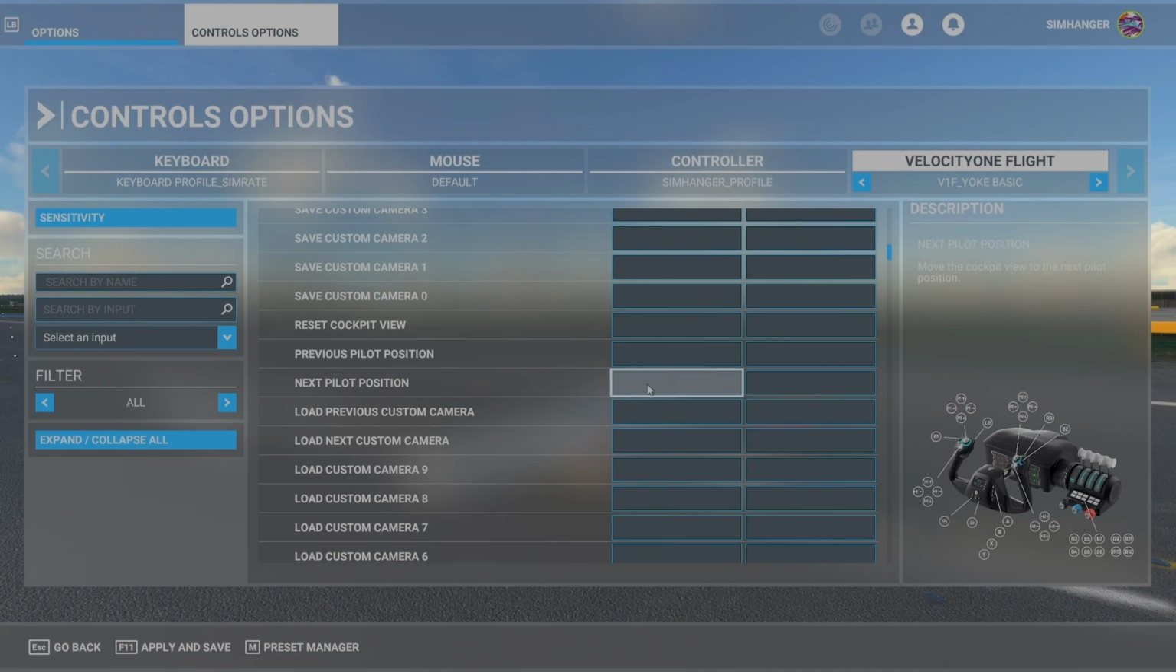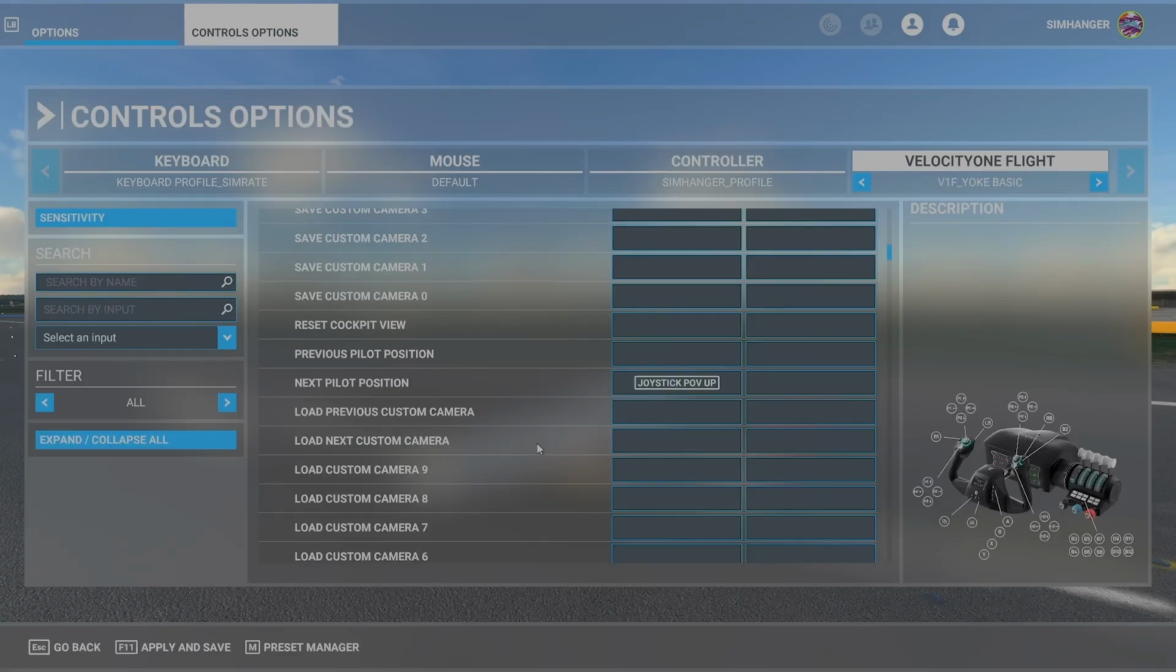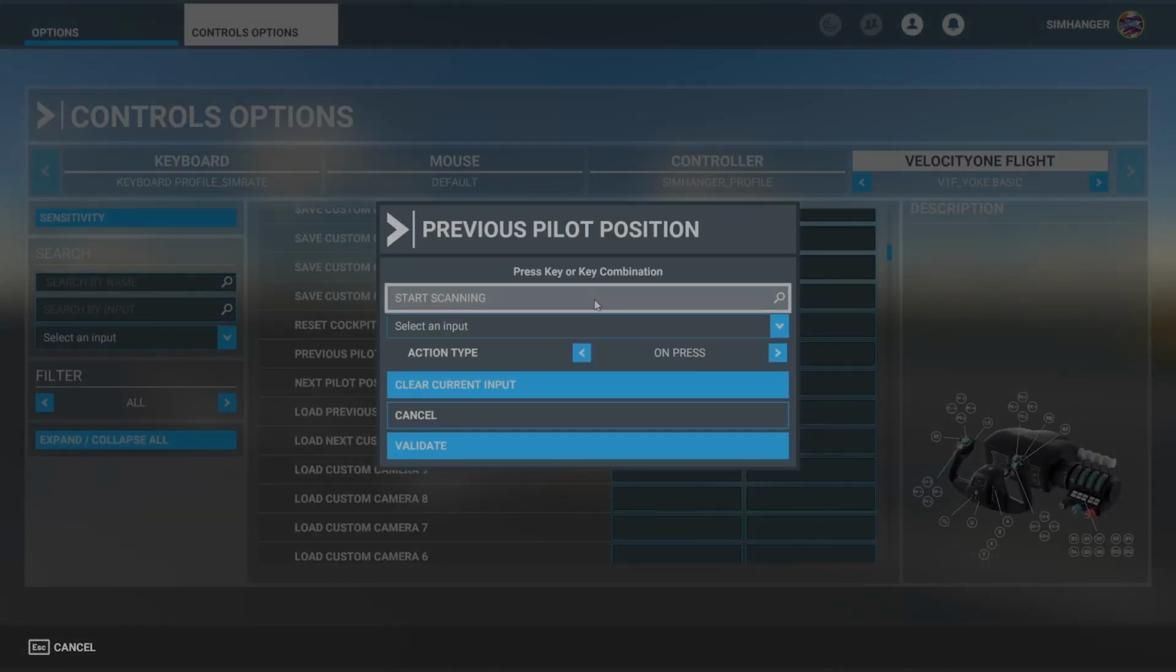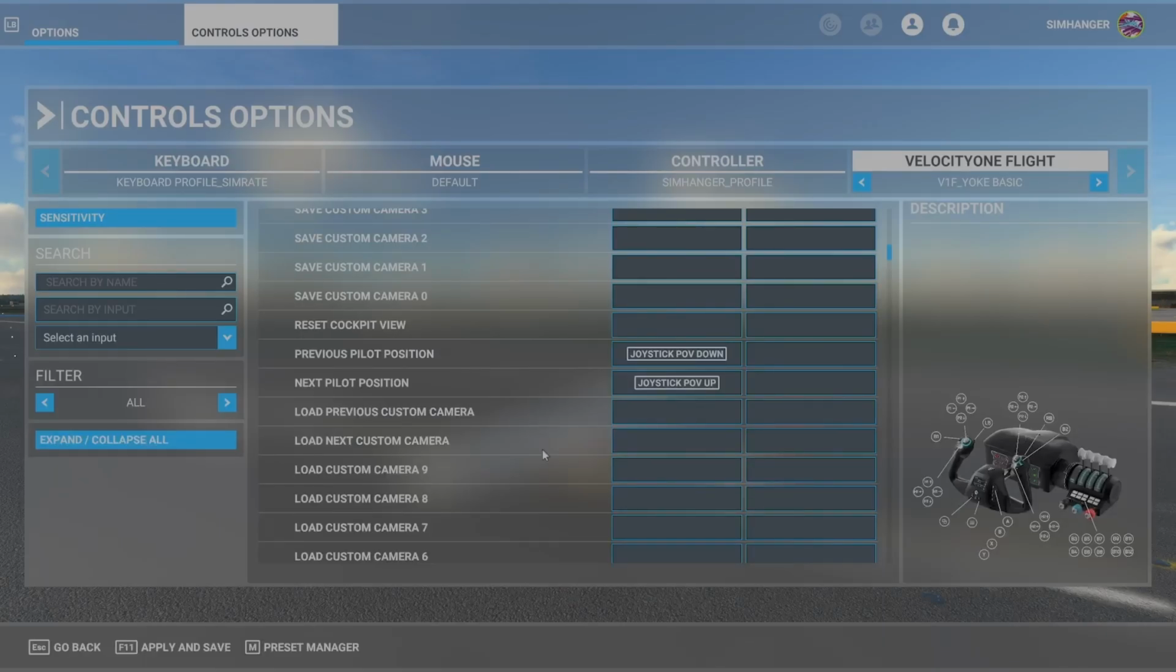For my POV1, I'm going to select next pilot position. I'm going to scan, press the button, and it comes up as POV up and validate. And for my down POV, I'm going to choose the previous pilot position. Press the POV down, it registers, and then validate once again. And once we do a test, I'll be able to show you the benefit, perhaps, of having this configured this